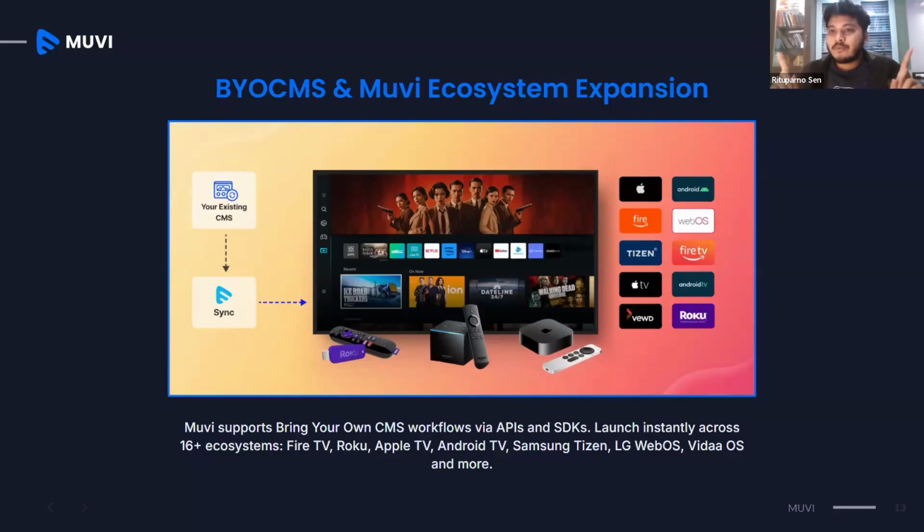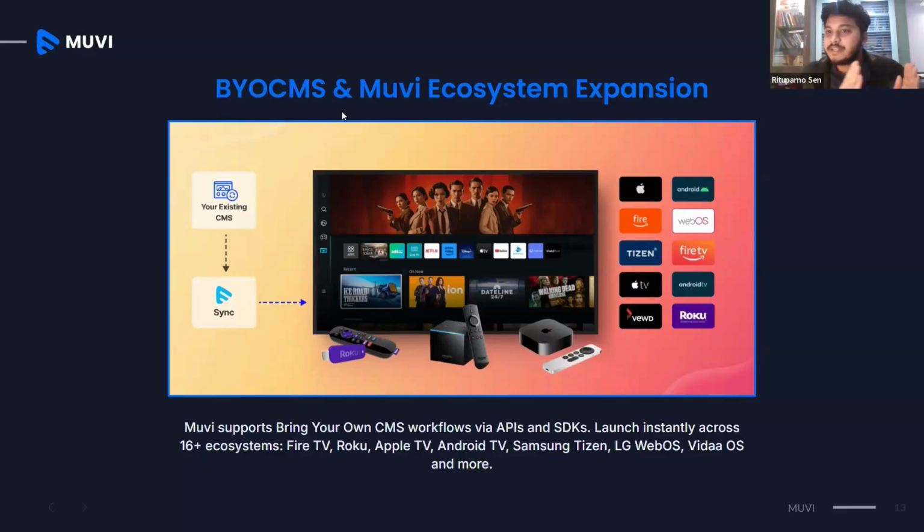So how do you counter if you already have a lot of streaming going on from your own hosted servers and your own hosted CMS? How can you get the TV apps from us? At Muvi One, we have something called BYO CMS. It's basically bring your own CMS.